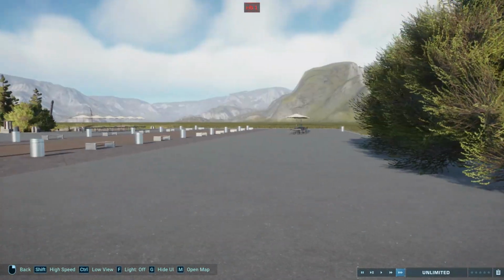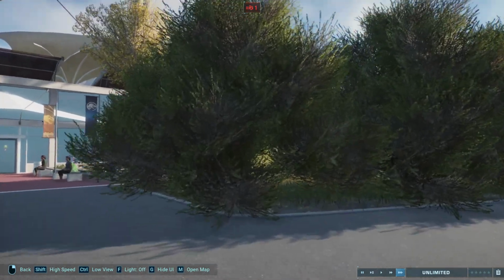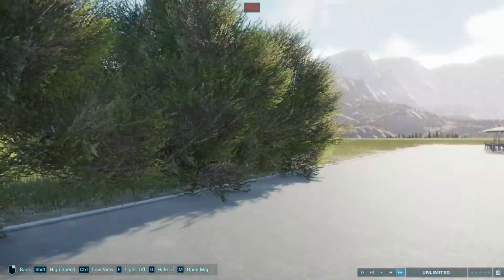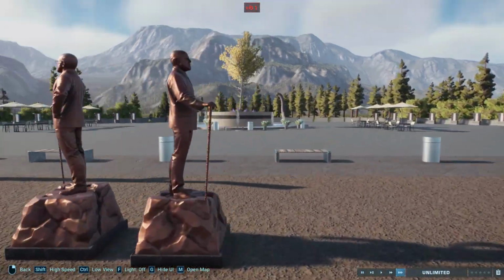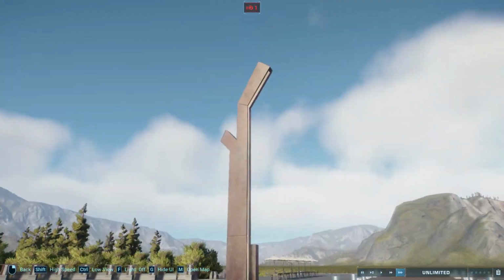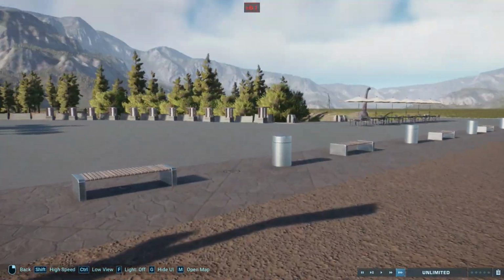Yeah. So this is what it's supposed to look like. Oh God, these fluffy bushes actually are pretty big. They're okay. Oh, the John Hammond statue is quite small too. Okay, I'm getting sidetracked. We have lights, benches, bins, all the